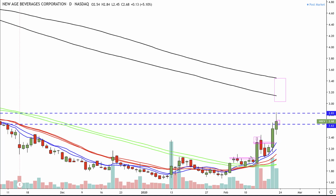But again, you're a swing trader, right? You're not an investor in a stock. So when you're a swing trader, anytime something gets away from the 9 EMA, I like to take profits. And then if NBEV comes back down here again, the 9 EMA comes in, we get another buy setup, I'll get back in it, and then I'll ride it again, and I'll keep trading the swings. That is what swing trading is, right? Trade the swings. So NBEV, for now, I'm out of it